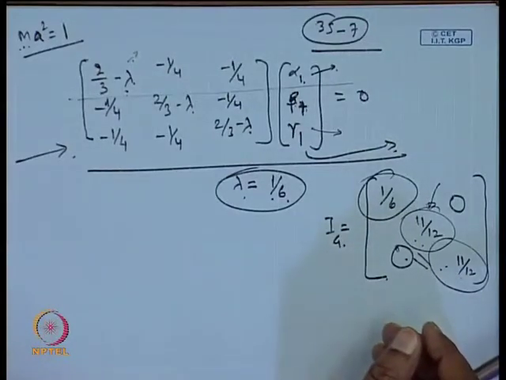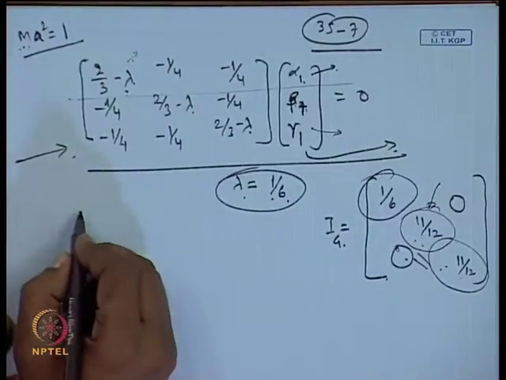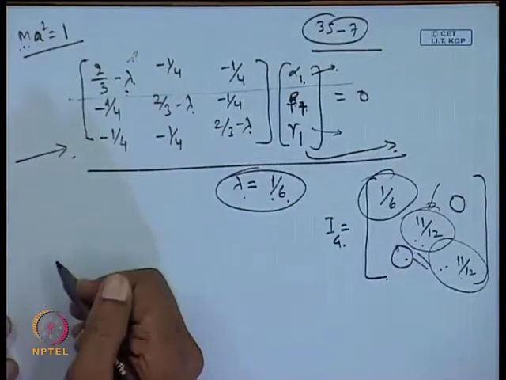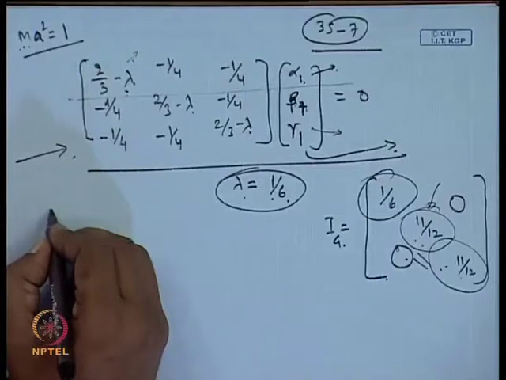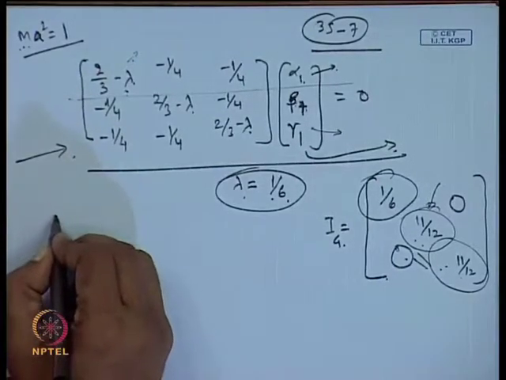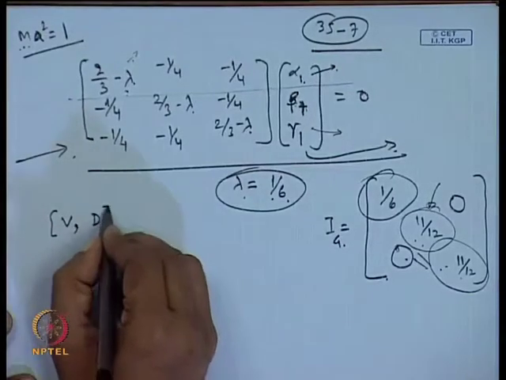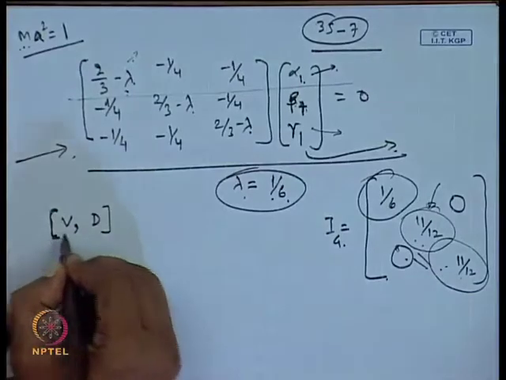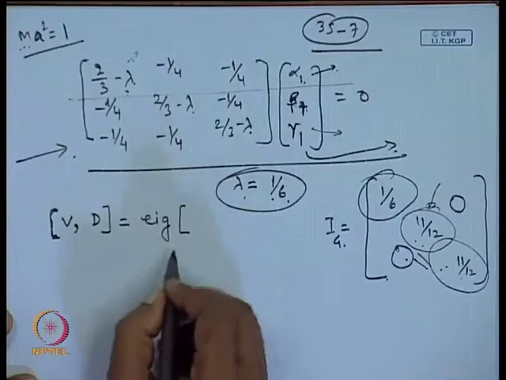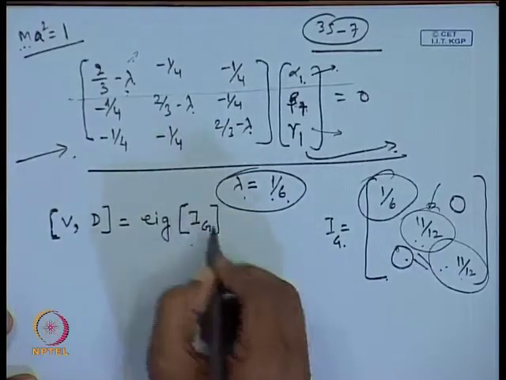Okay. So, here instead of working out the whole thing, because it is going to take time and our time for this particular part is limited, I will suggest you look into the web lecture. For the time being, you can use the command in MATLAB, say [V, D], inside the square brackets, and this you can write as eig, and the matrix you can write here as I g. So, this will list for you